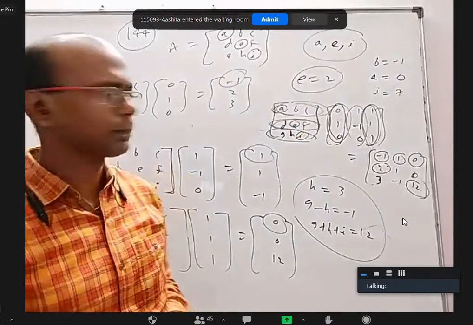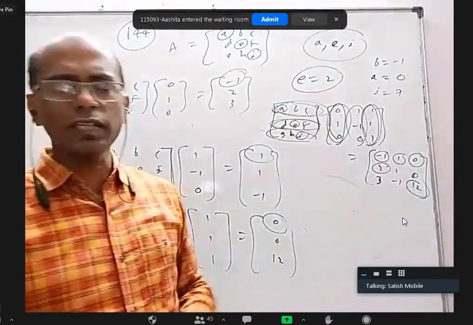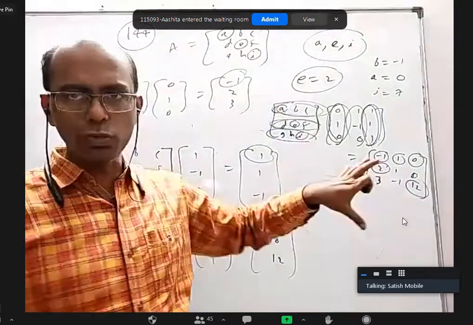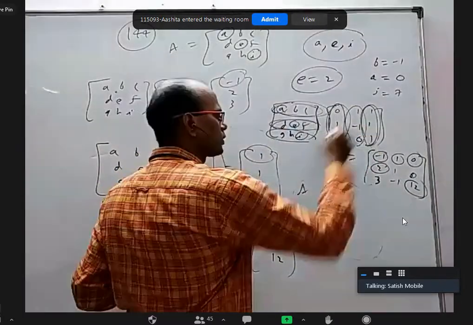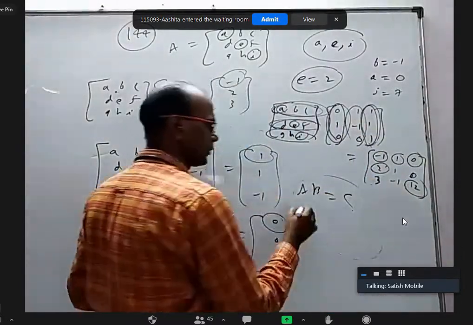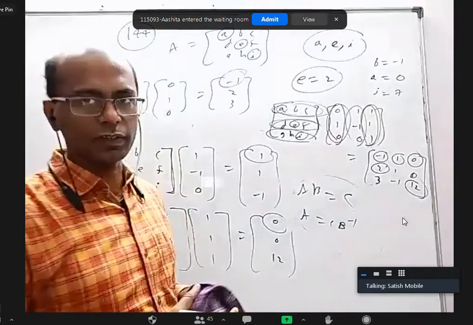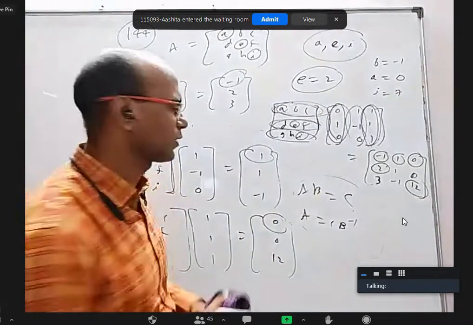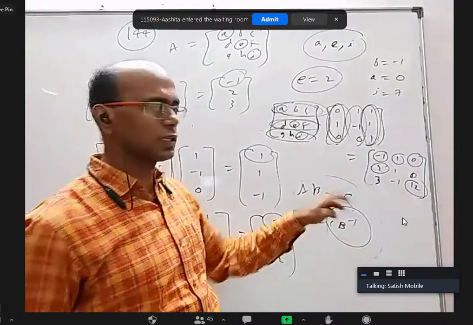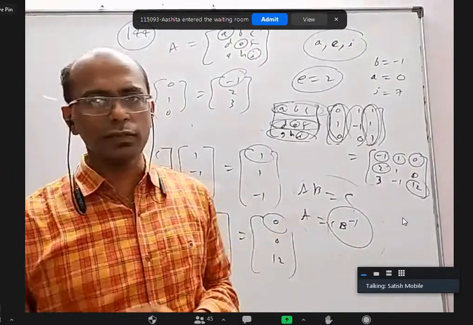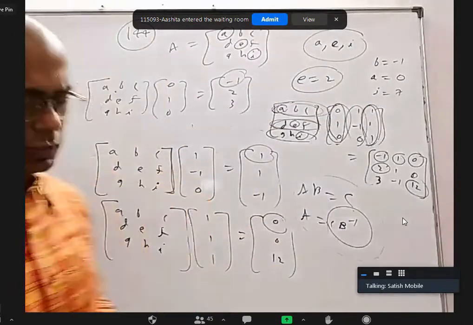Yes, you're right. Okay. Now, if somebody says why find it like this, I want to find the whole matrix, you can do that. Multiply with the inverse on both sides. This I call A. This whole thing I'll call B. This whole thing I'll call C. This B goes to that side as B inverse on the right side only, not on the left. You find the inverse matrix of this, put it here, multiply with C, and you will get A. You will get the full matrix A, not just the diagonal elements. Or solve equation-wise also, whichever you feel is easy. Okay.